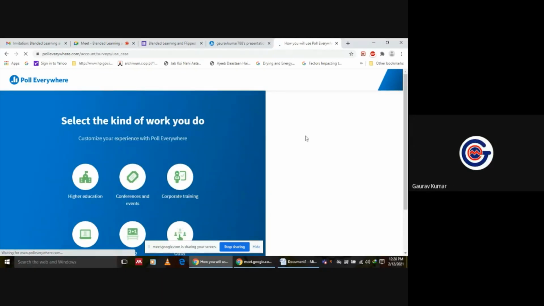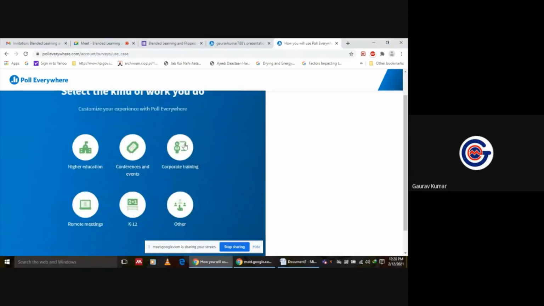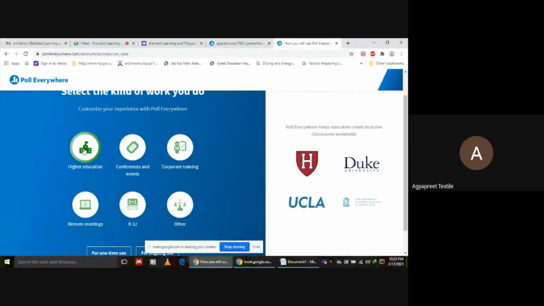Now select the option. Anything you can select from here. Higher education you can select. It is just a basic survey. Or you can click on its icon, Poll Everywhere. Click on its icon.